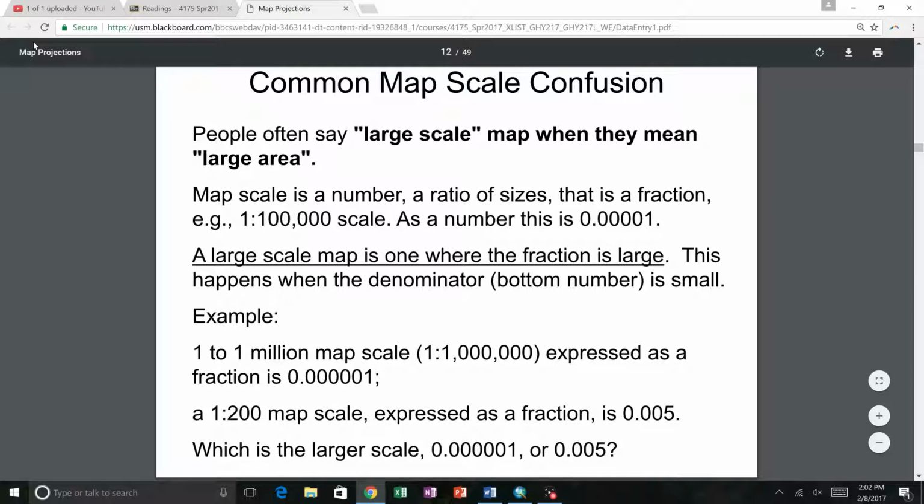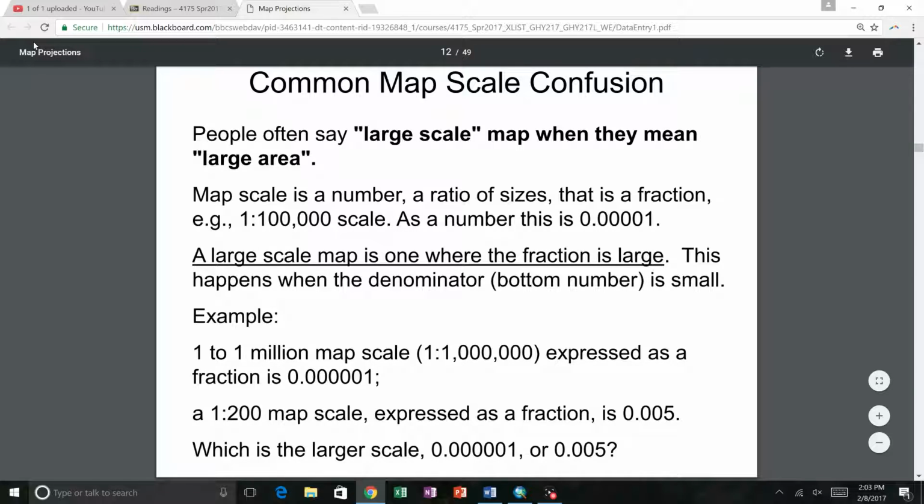So map scale is a number, the ratio of sizes. A large scale map is one where the fraction is large. Typically, that ends up being a small area because a 1-to-1 map would be the same size as real life, which would never happen. So a 1 to 1,000 map, though, is still actually